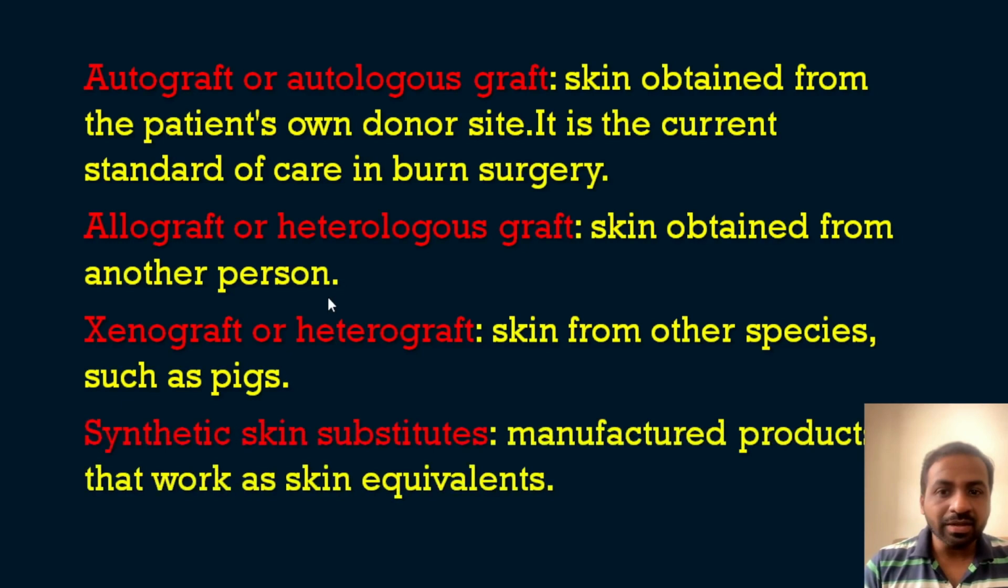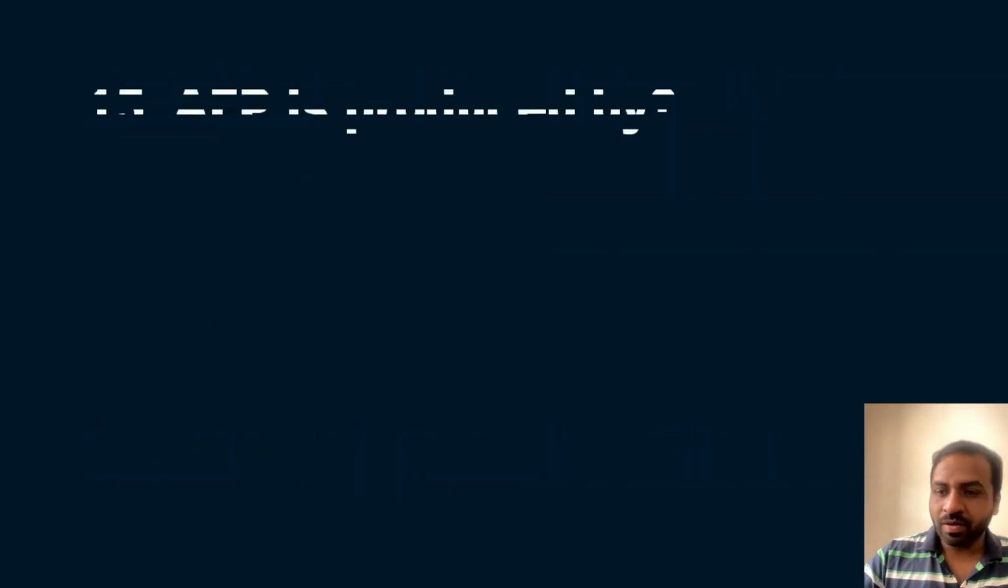And the final option, one more you have to understand, that is the synthetic skin substitutes. These are manufactured products that usually work as skin equivalents. If there is no choice for the allograft or the autograft, then the synthetic skin substitutes also can be used. Okay, so that's all about the 13th question, and that is clear for you now. Now we will move on to